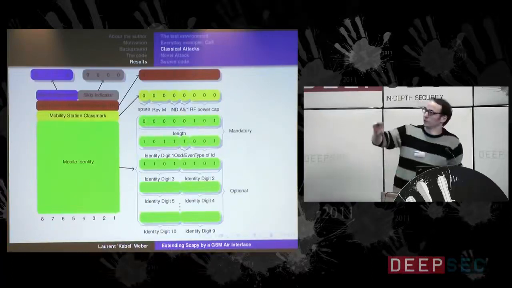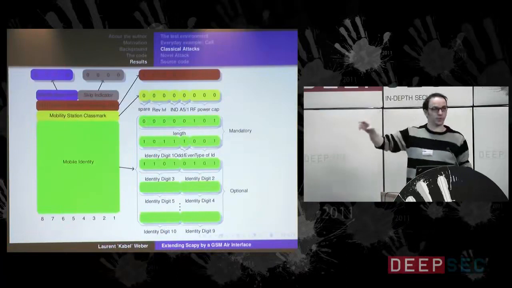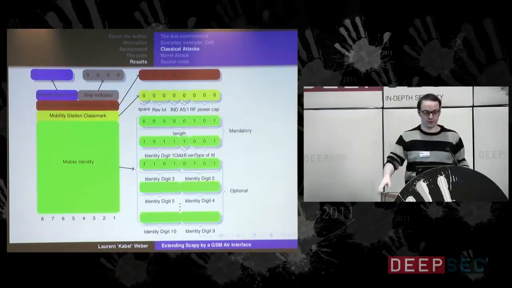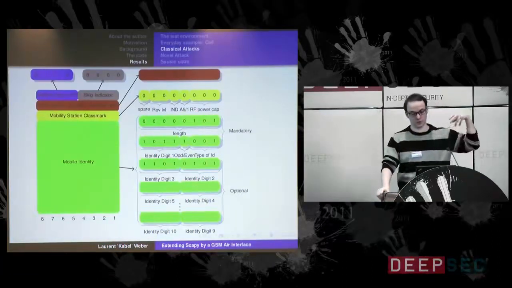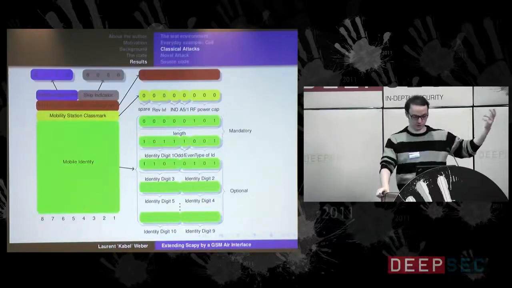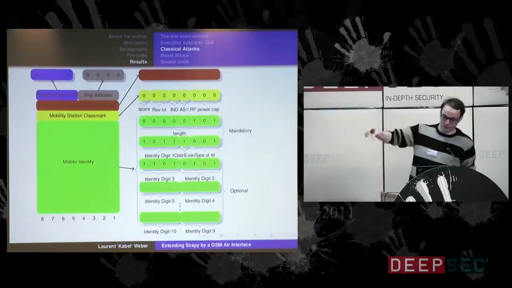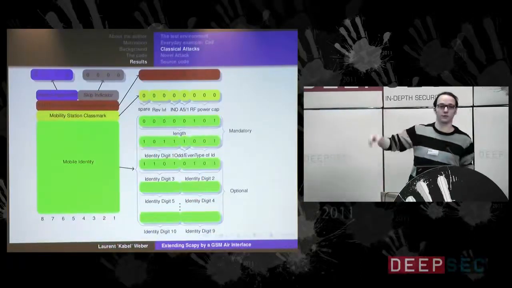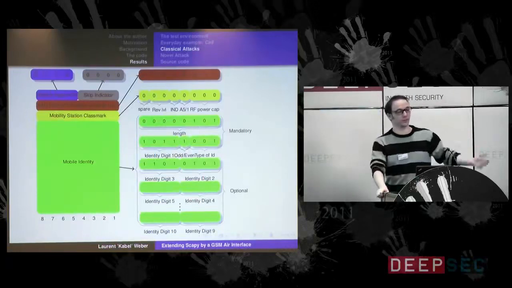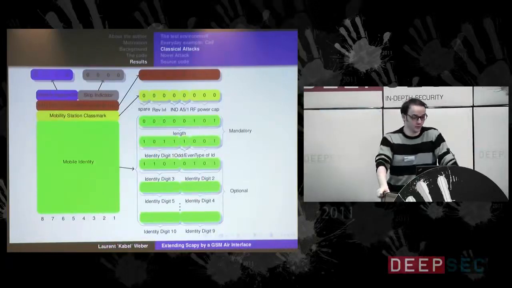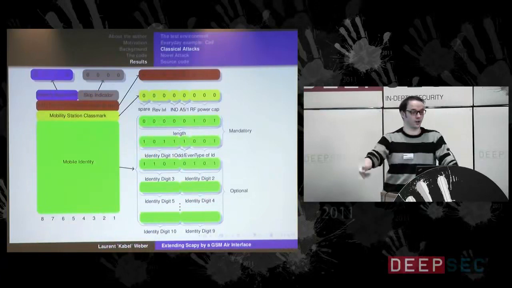As you see, the different values are set by default, so you don't have to take care of it. If you create an IMSI detach indication message, the blue part, the gray part, the red part, and the yellow part are already set. Those are default values that are specified in the specification. So you do not have to take care of this.